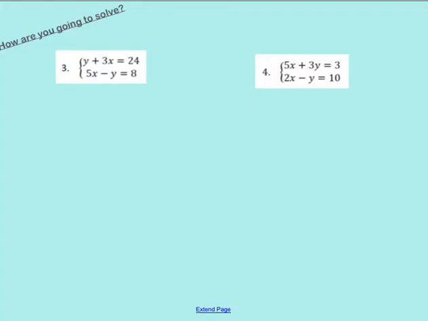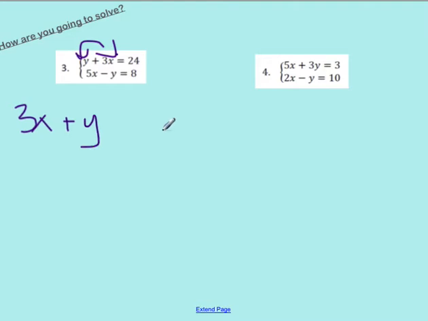Taking a look at number 3. For number 3, what I want to do is write this out. It's already in standard form, and I want to write it so that my x's and y's are together. So I'm going to flip these two around so that x is first and y is second. So I have 3x plus y is equal to